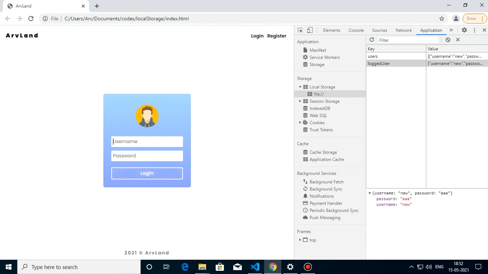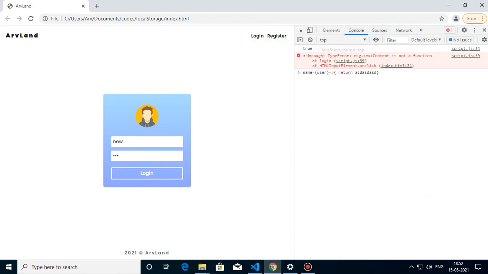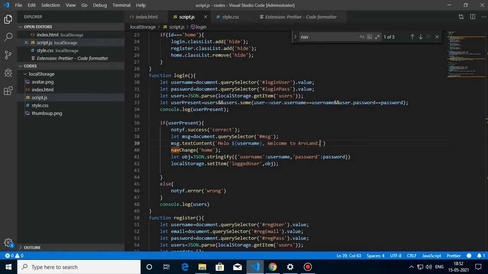I'm refreshing. New AAA login. Oh god, now what? Message, oh sorry, so text content is not a function, you have to put the equal to. So document dot query selector of id msg dot text content equal to this one.